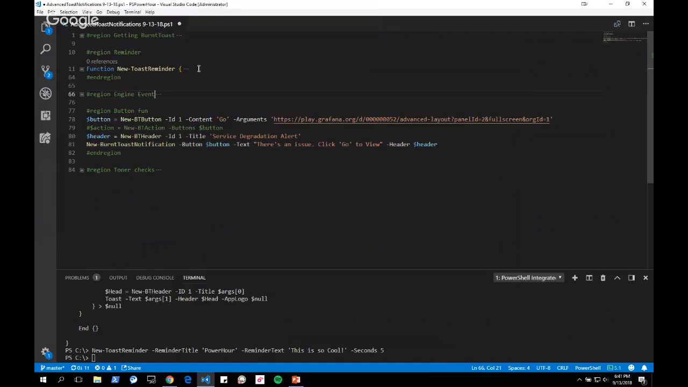Another cool thing that I've started to play with here is toast notifications when, say, a service flaps or something like that in our monitoring infrastructure. I'm going to use just the demo site for Grafana to show this off. So we're not touching any production environments or anything like that here. But if we run this code,